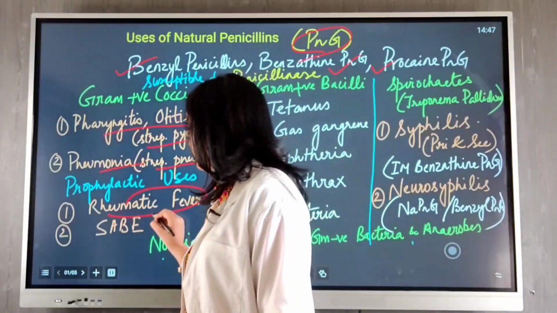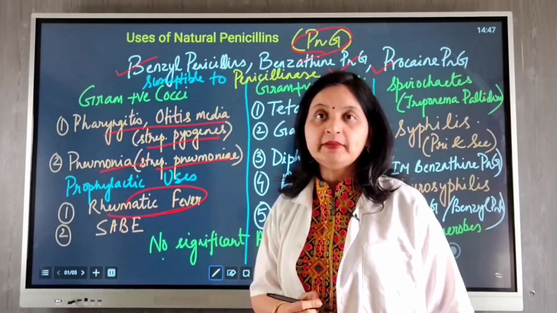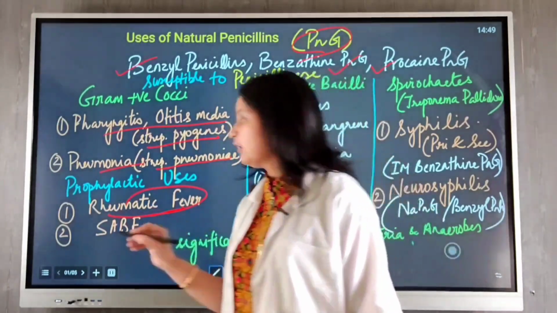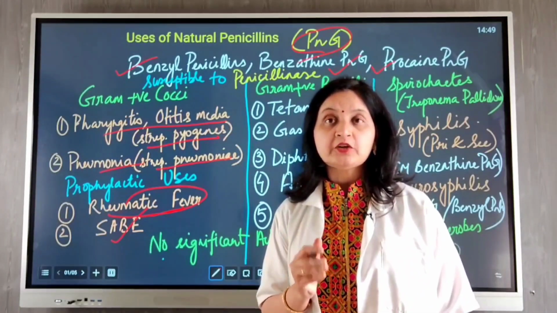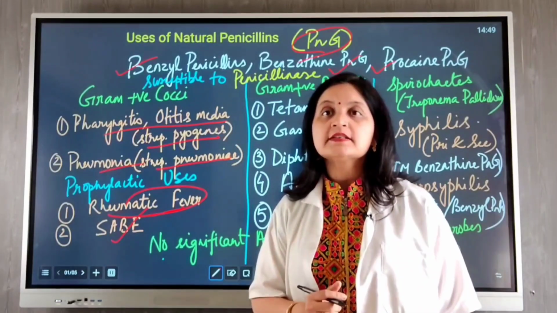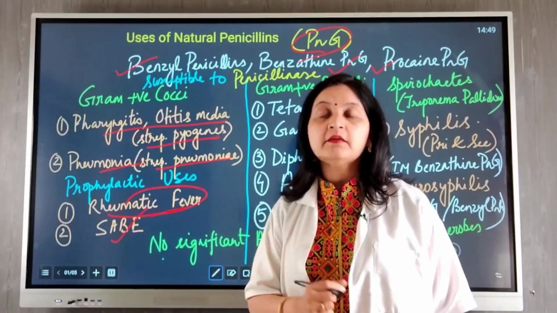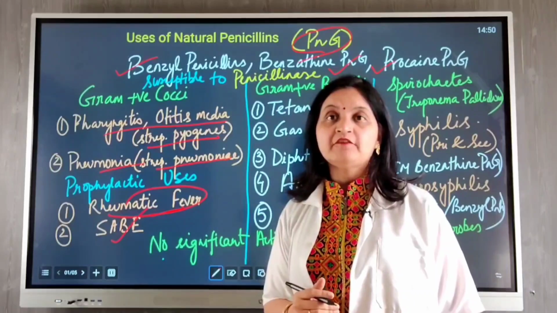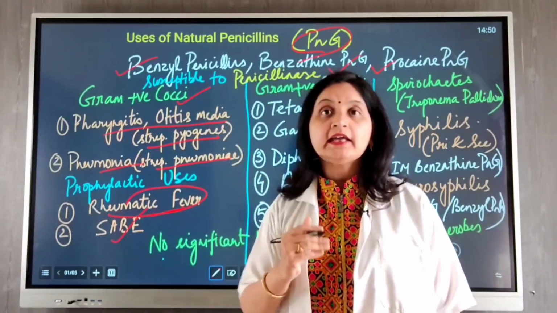Penicillin G also has certain prophylactic uses. For example, in rheumatic fever, low doses of penicillin G reduce colonization by beta hemolytic streptococci. Penicillin G also offers protection against subacute bacterial endocarditis. Procedures such as dental extraction and endoscopies can cause bacteremia, and in patients with valvular defects this can cause subacute bacterial endocarditis. So penicillin G offers protection against it. Amoxicillin can also be used. So these are some of the infections that are caused by gram-positive cocci in which penicillin G is highly active.